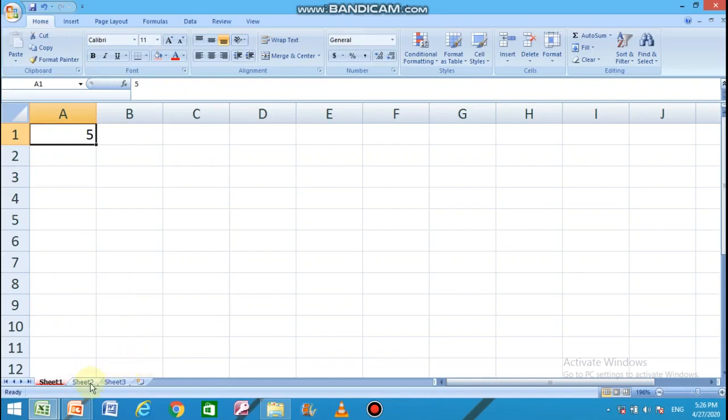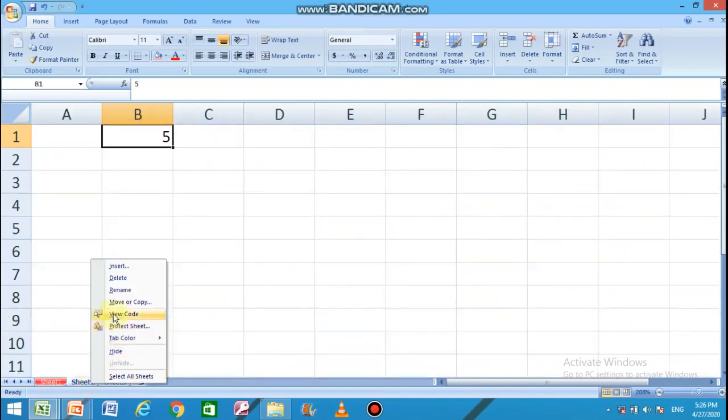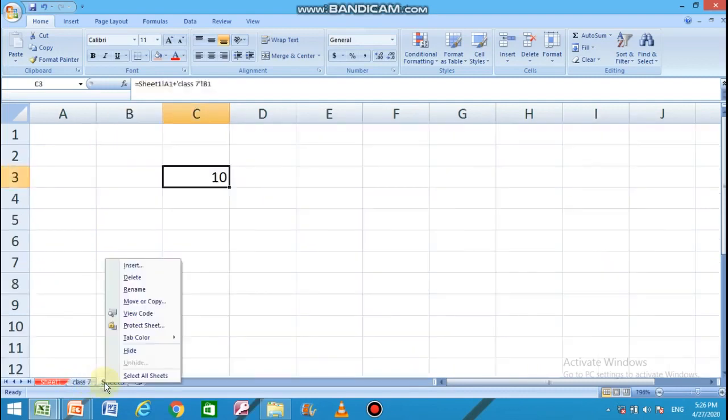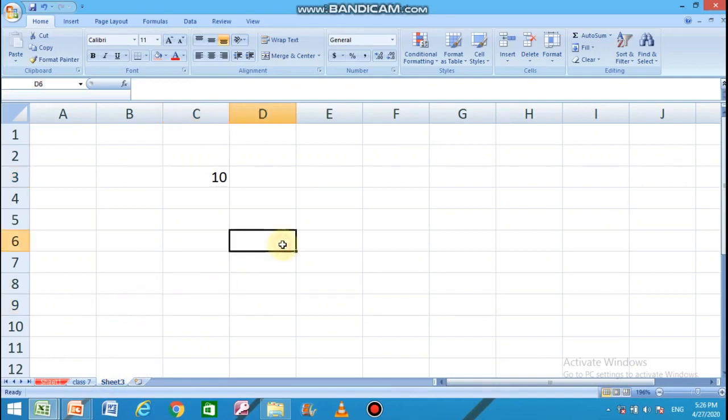If you want to rename the sheet, you can right click here, select the rename option and then type a name for it. In this way you can rename the sheets. Also, there are options to insert or delete the sheets. So in this way you can switch between different sheets according to the color and name specified to them.